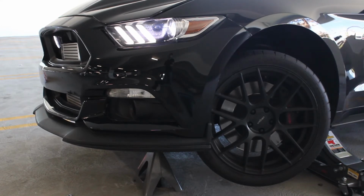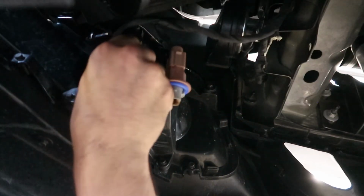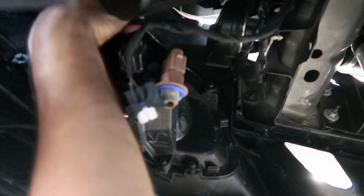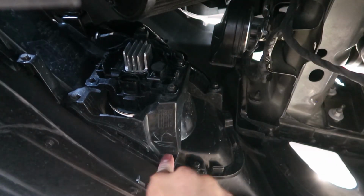In order to pull the fender liner back, you will need to remove two tabs. Once those two tabs have been removed, that'll expose the fog light area. We then proceed to removing the wiring harnesses from all the components of the fog light area. Tucking the wiring harness to the side, we can proceed to removing the 9 bolts that hold the assembly in